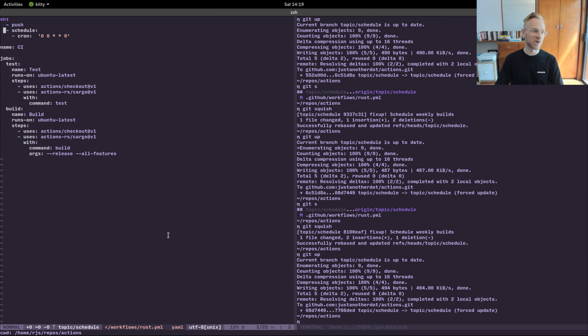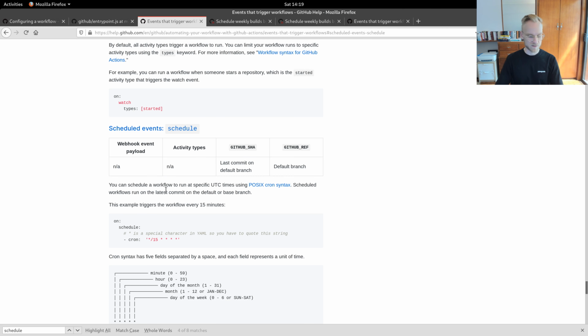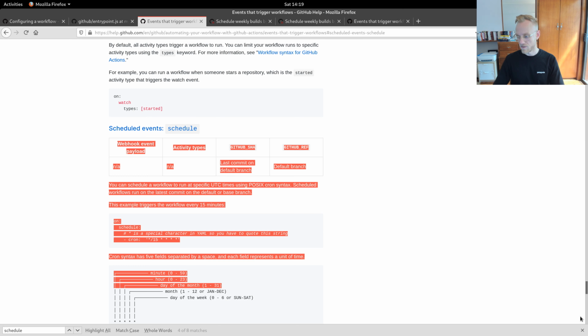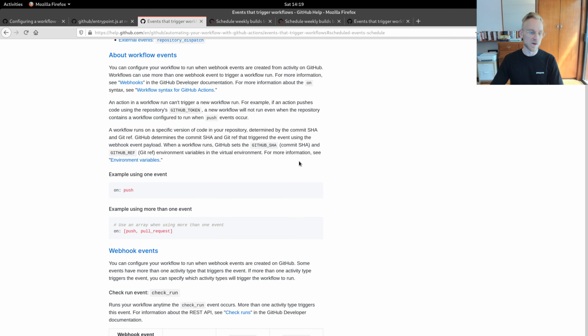Invalid type for on, huh? It doesn't like that it's an array. That's really interesting. Even though the documentation tells us that it's totally cool to do